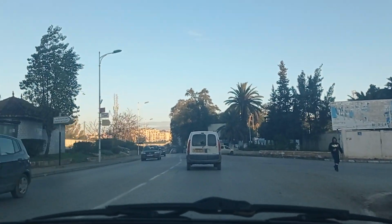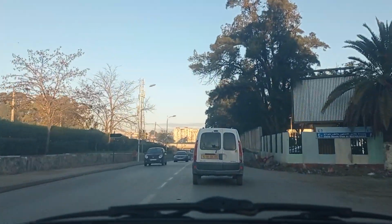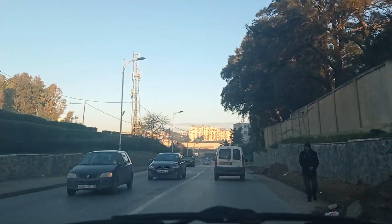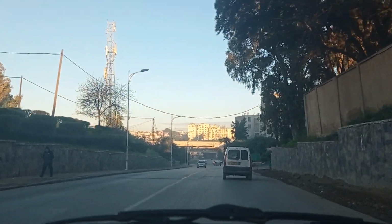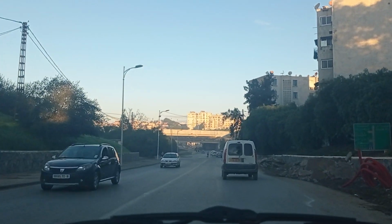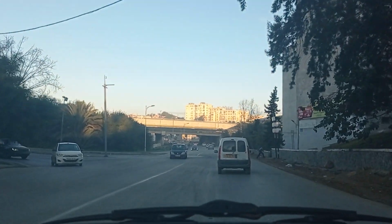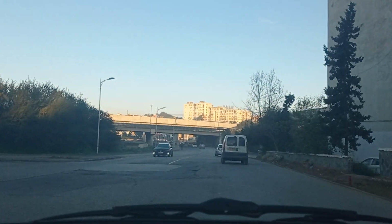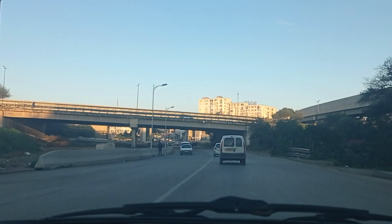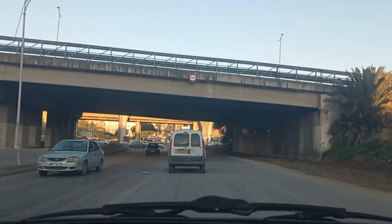Bachdjerrah is on the right now if you want to go back to Bachdjerrah. And we are driving on the Bachdjerrah road. We will be joining the Oued Bouzareah motorway in a few seconds. Be careful when you are driving on these roads. There are people crossing the road because this area is known as Dinis, and the Bachdjerrah private bus station is on the left. We have just left it. It's behind us now. That bridge over there is part of the Oued Bouzareah motorway,